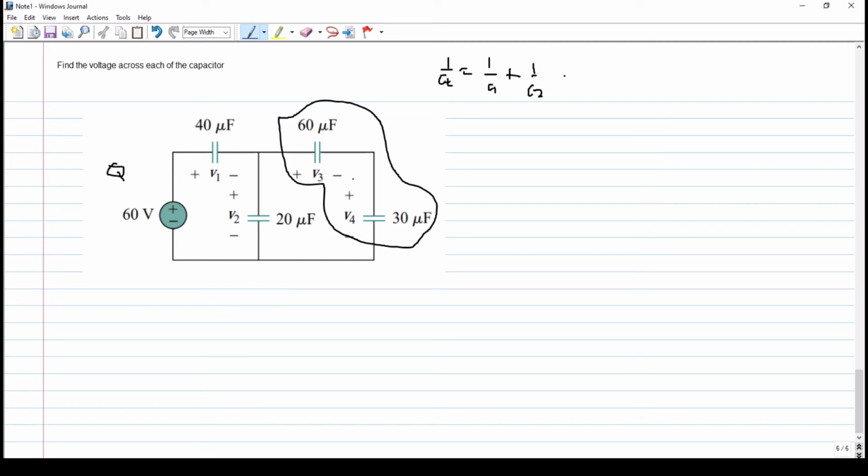If the capacitor is in parallel, therefore the CT is equals to C1 plus C2. Okay, so to find that, we solve like this: 60 times 30 over 60 plus 30. So that is equivalent of